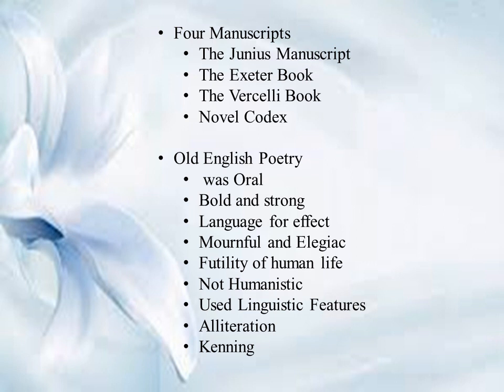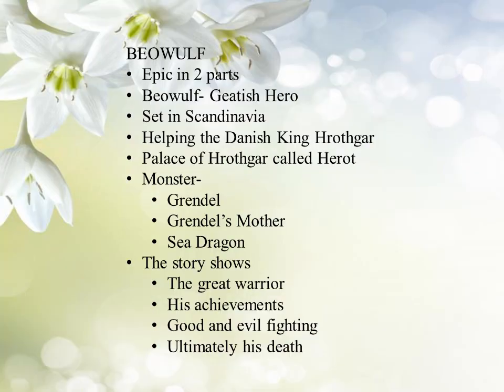Old English literature uses certain linguistic features. That is alliteration. What is alliteration? When you read a poem, you might be identifying alliteration, right? The same thing. That is repetition of consonant sounds. They also employed features like kenning. Kenning is a descriptive phrase, an elaborate phrase. Instead of saying one word, you describe the thing that you are saying. That is kenning, okay? And all these features are found in the Old English epic that we have in our prescribed syllabus,